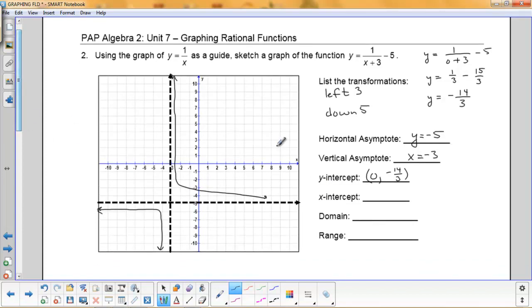I'll go ahead and make myself a little space here, except now it's going to be y equals 0. So it's going to be 1 over x plus 3 minus 5. So we'll add 5 to both sides, and we get 5 equals 1 over x plus 3. I'm going to multiply both sides by x plus 3. And that's going to give me 5x plus 15 equals 1. I'm going to subtract my 15 to the other side, and I get 5x equals -15, which means x equals,